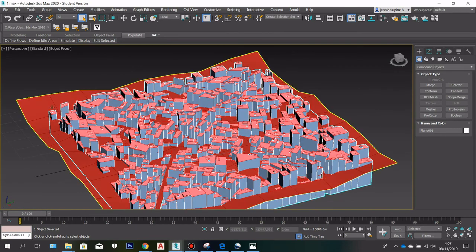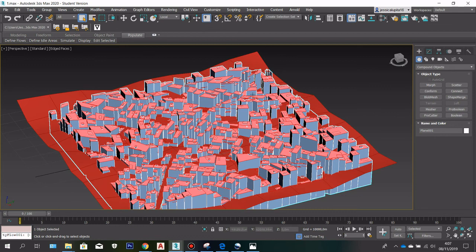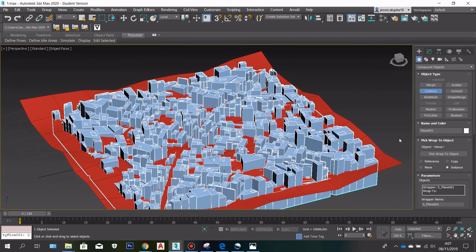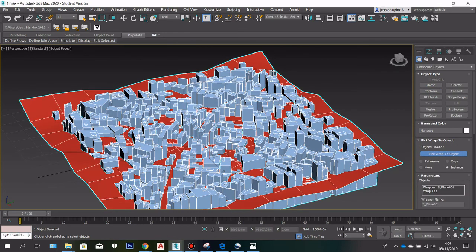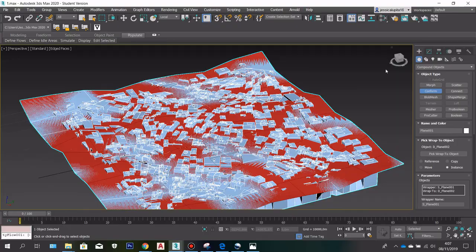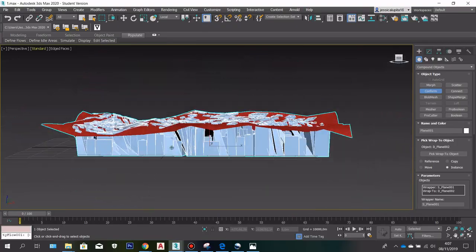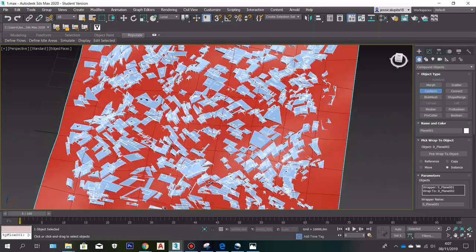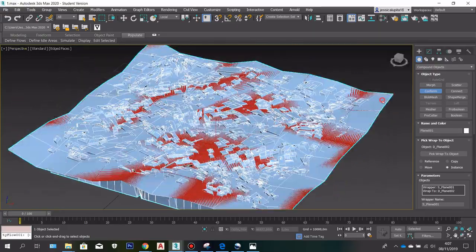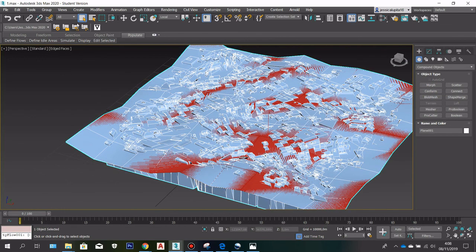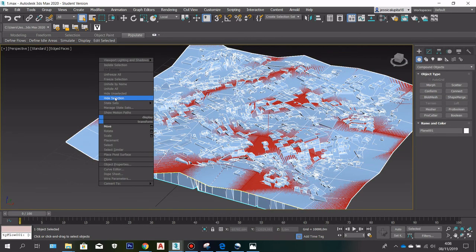So in this case, I have already selected the top of the buildings, and now I'm going to use conform and pick the object. As you can see here, after I wrap my object, it really wraps to this plane, and even if I try to hide the plane,